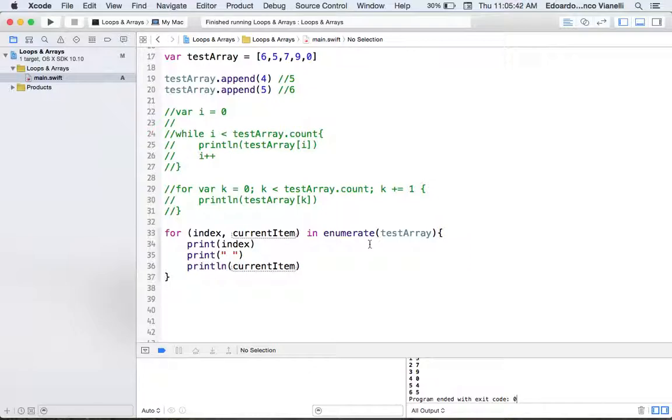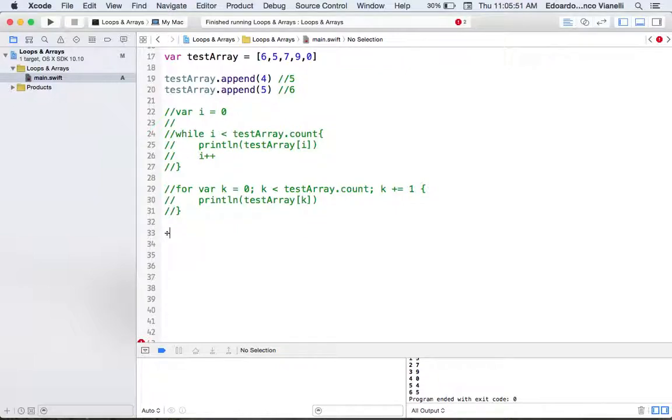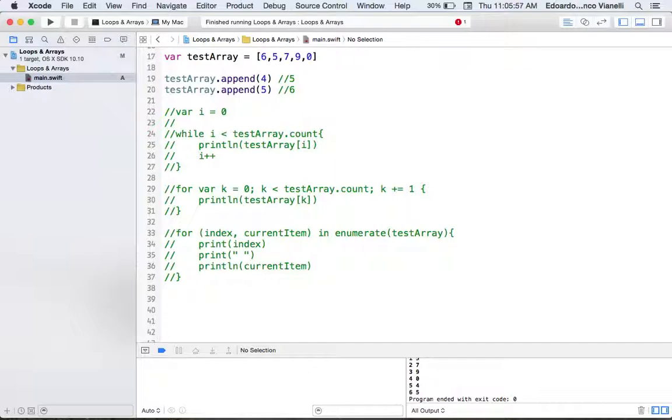I just want to make a last introduction to another concept in programming, which is called recursion. What recursion allows you to do is it's basically a way of doing loops, but with repeated function calls. So I'm just going to show you how to print each item in the array using recursion instead of a loop. But I won't be using recursion a lot because recursion is usually kind of hard to wrap your head around,